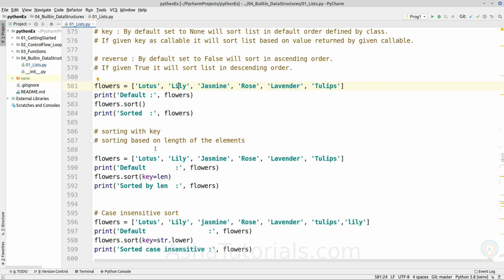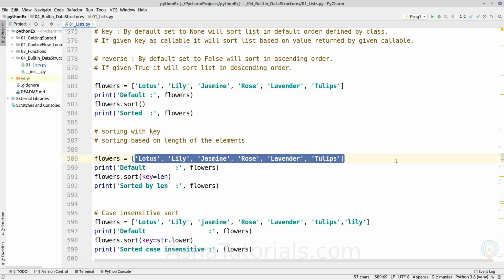But if you want to sort a given list in other manner, so we can provide any callable function which will return a new element by transforming the elements of list. So based on return element, it will sort.